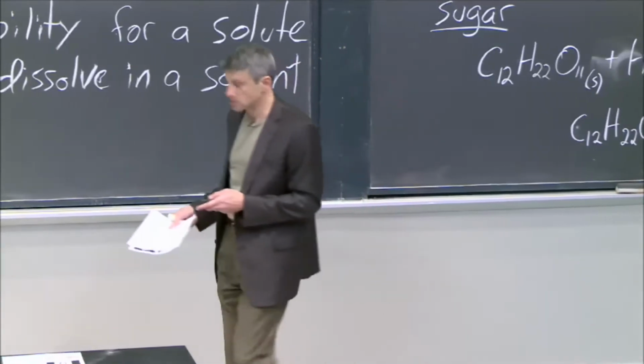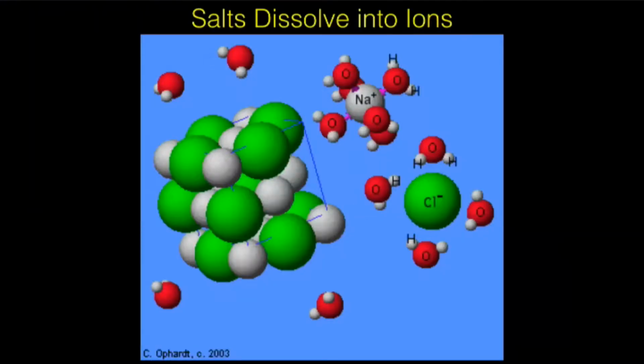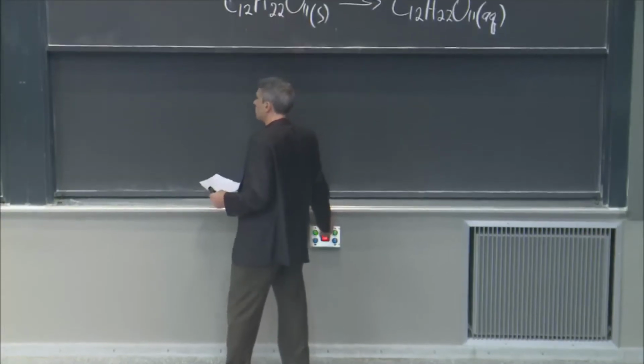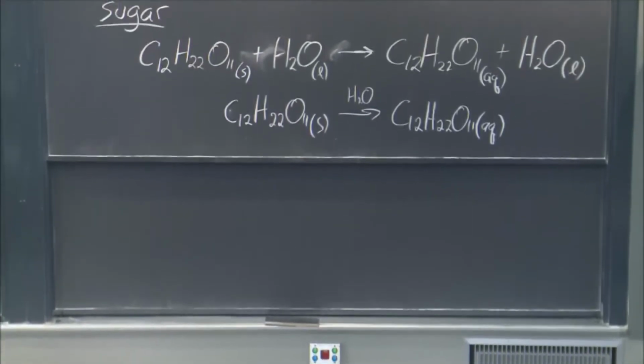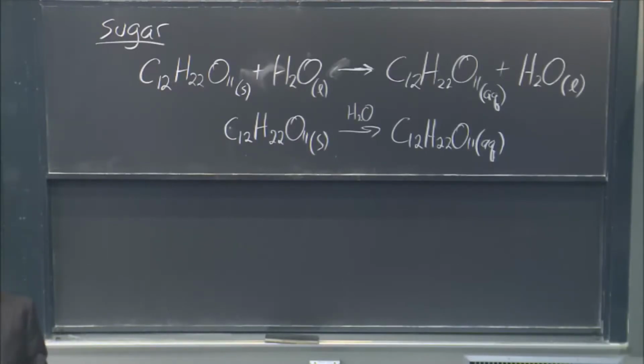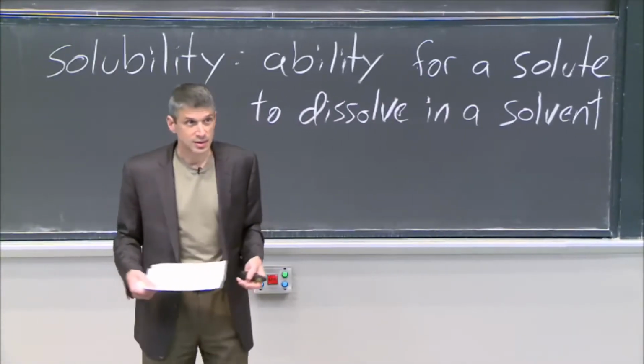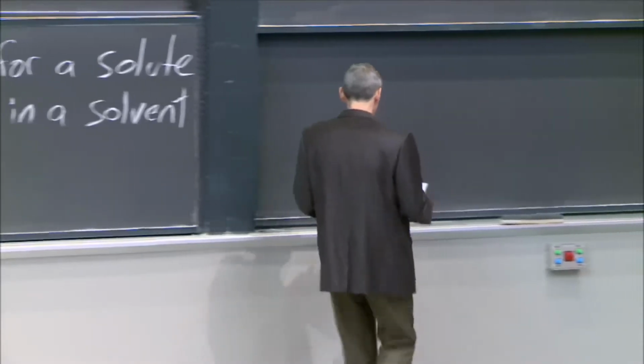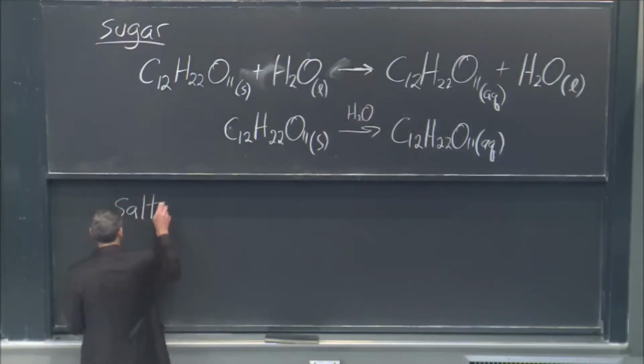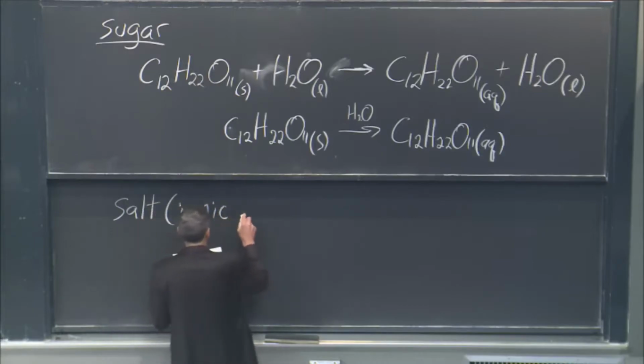You could also dissolve salt. And this is what we're going to use as examples. And this is a picture of a salt crystal. So we showed the sugar. Now here's salt. Where's my sugar? There's the sugar, and let's put salt underneath it. But the thing about salt, which is really just a general term for when you have an ionic solid that can be made from a mixture of acids and bases and dissolves oftentimes a little bit at least in water, okay, so a salt or an ionic solid, let's say for now,